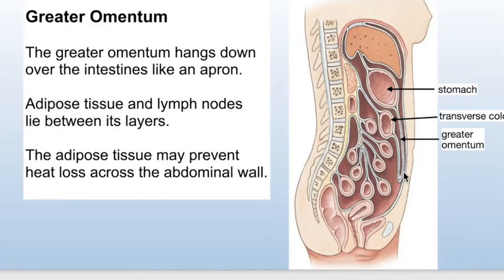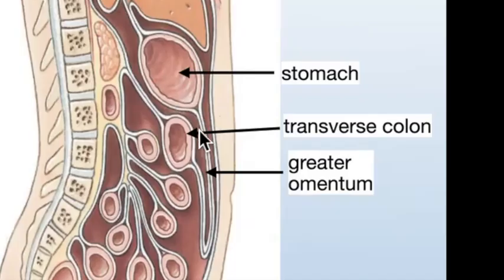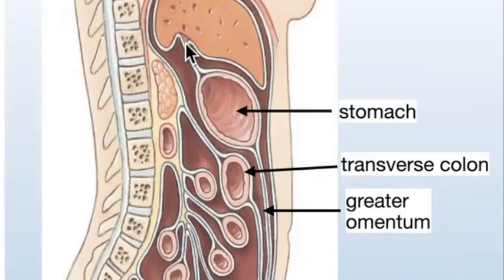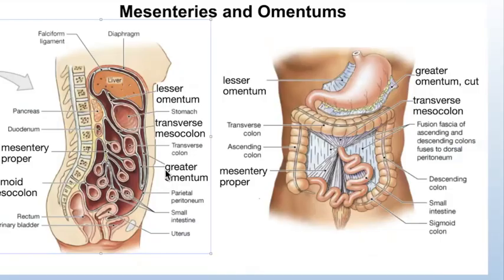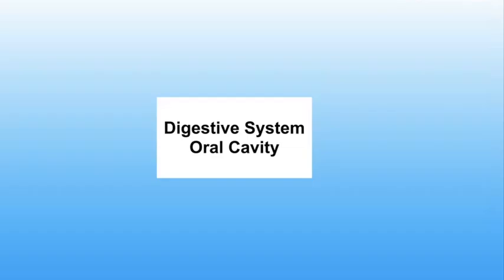So I hope you can appreciate that the greater omentum is not a taut mesentery between the stomach and the transverse colon, but is instead a very floppy omentum that hangs down. That is in contrast to the lesser omentum, which is quite short and is not hanging in any appreciable sense. It is just connecting the liver and the stomach. I hope you remember which one is the lesser omentum. If you do not, I will remind you right now by putting another arrow to it. Okay, and here we have a picture summarizing the mesenteries and the omentums. All right, moving on to